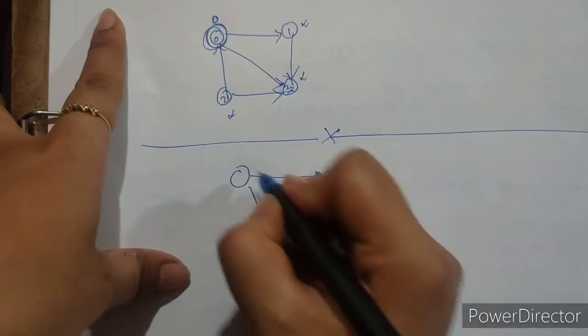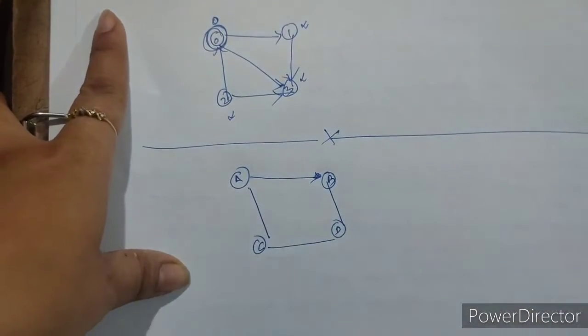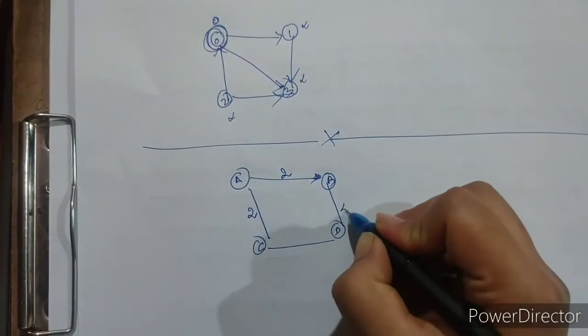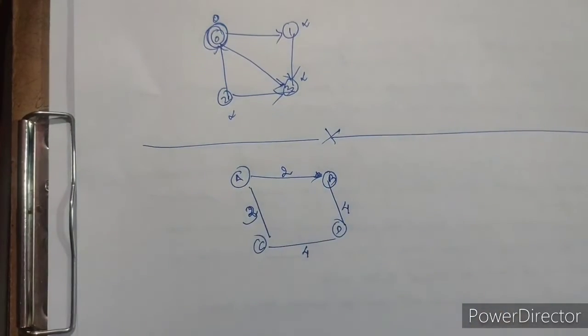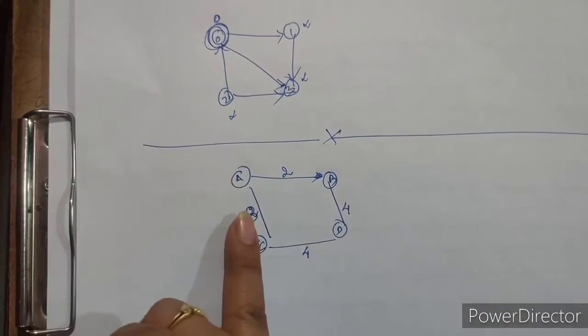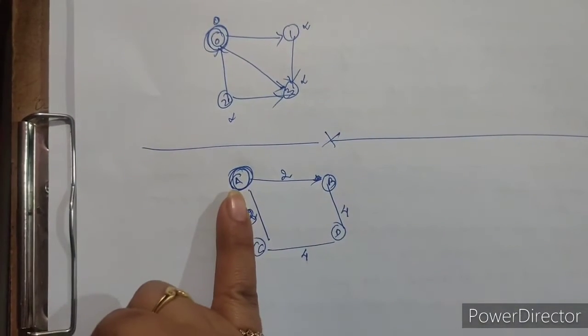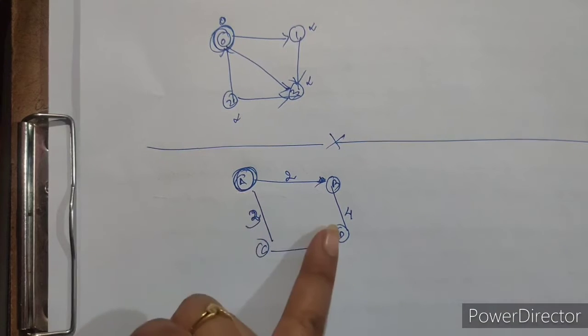So this is one graph, from A, B, D and C. Then I put the distance 2 to 4. So this is, let's say, 3. If I select A as the shortest path, and if I want to go to D,